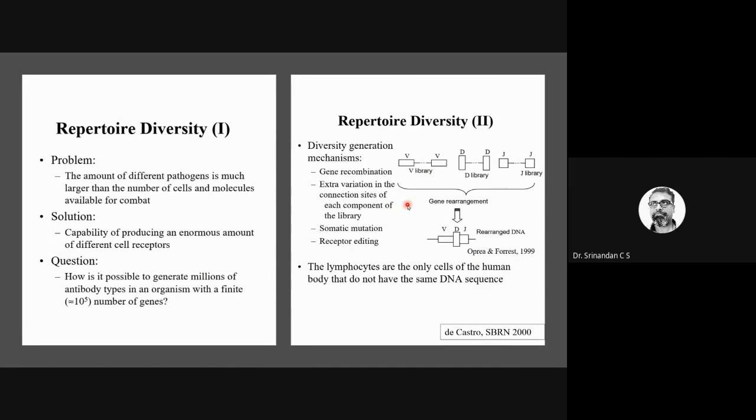So rearrangement is just different kinds of rearrangement. If you all played with blocks in your childhood, different colored blocks, you know how you can rearrange them to make a lorry, a truck, a bus, a van, or a car. You rearrange them. Here also genetic rearrangement takes place like this. We call this VDJ recombination.